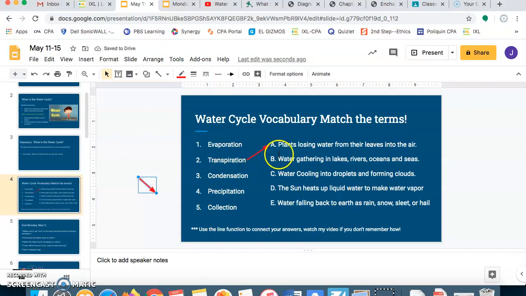transpiration? I thought transpiration was A, plants losing water from their leaves into the air. Maybe that's right, maybe it's not. It's up for you to determine. Okay, but let's look at